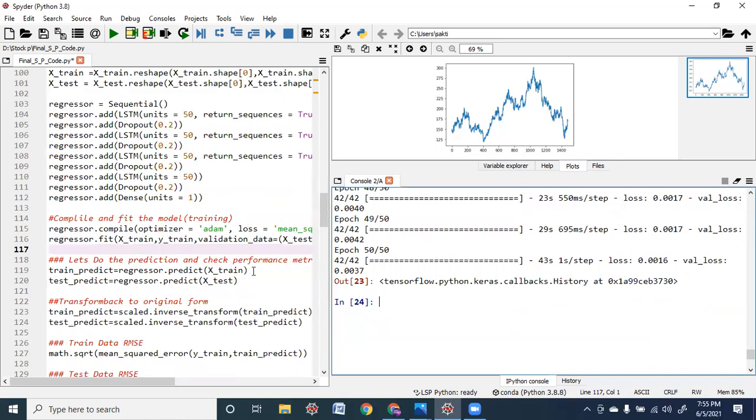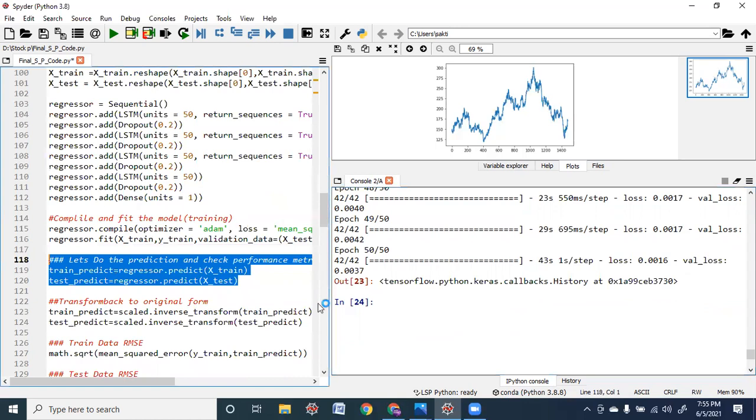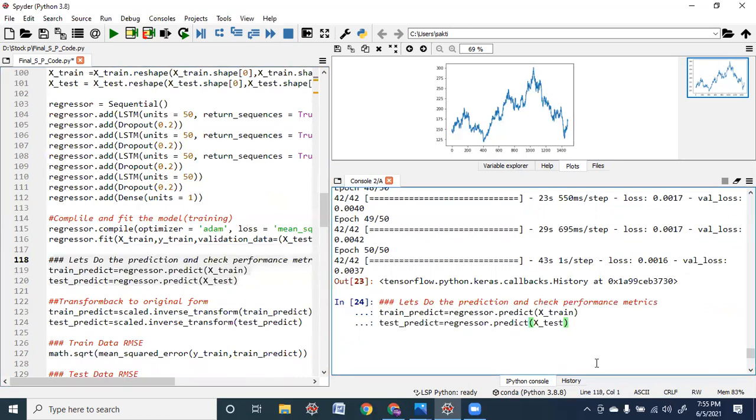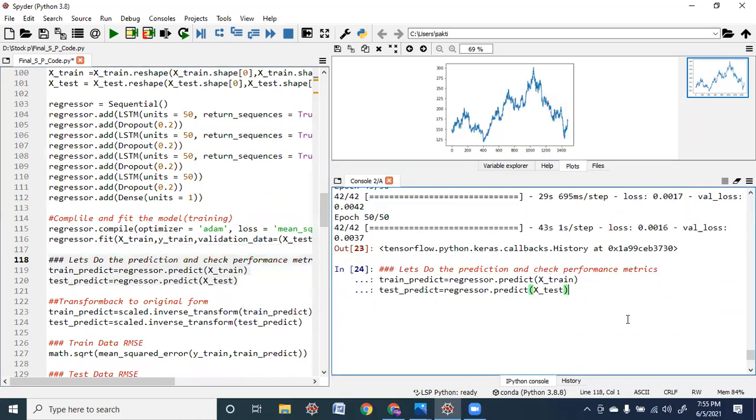So the execution is over now. Now let us do the prediction and check RMSE performance metrics and do inverse scaling to transform back to original form. So here X-train and X-test are NumPy arrays.